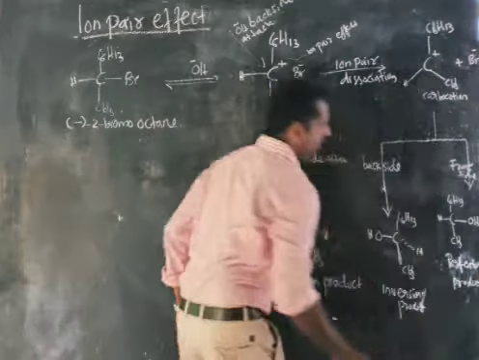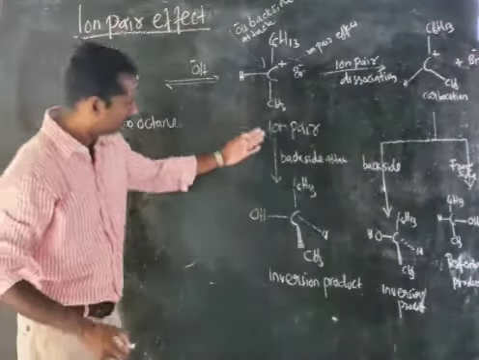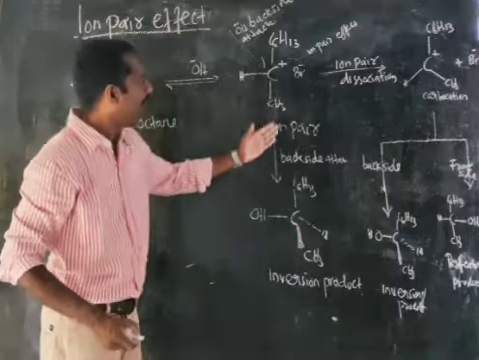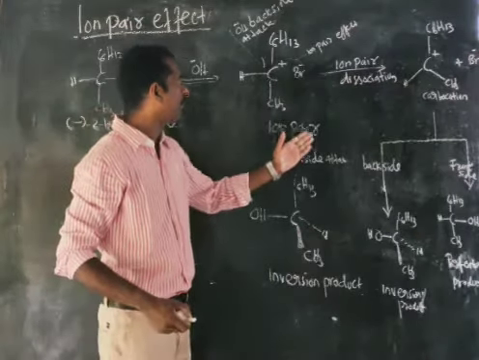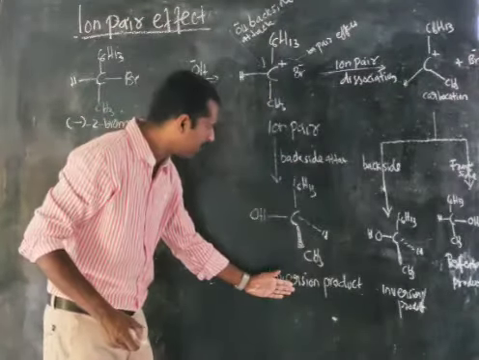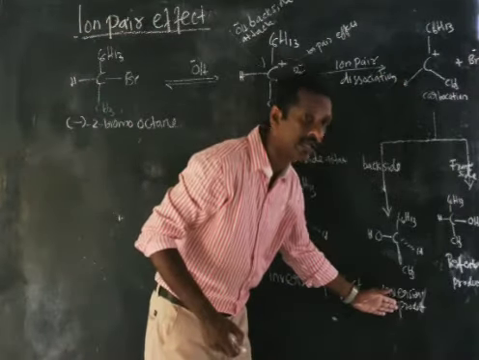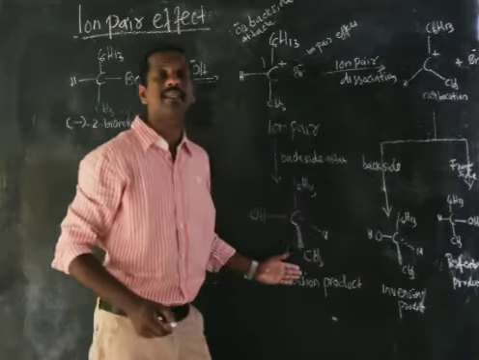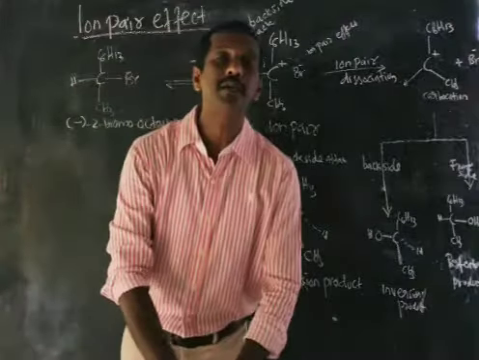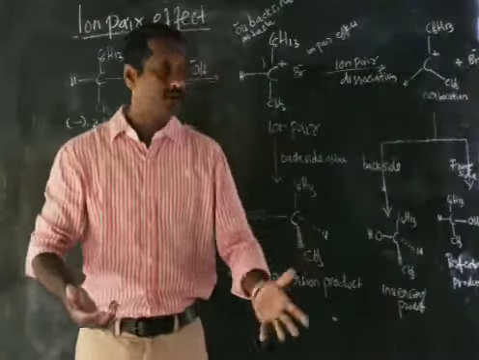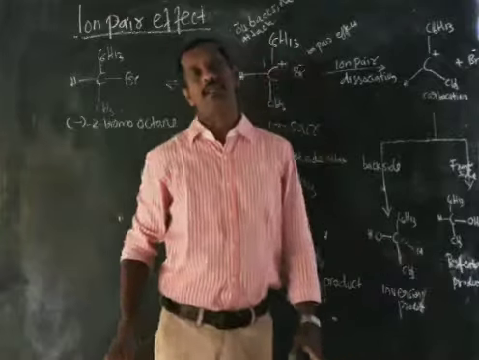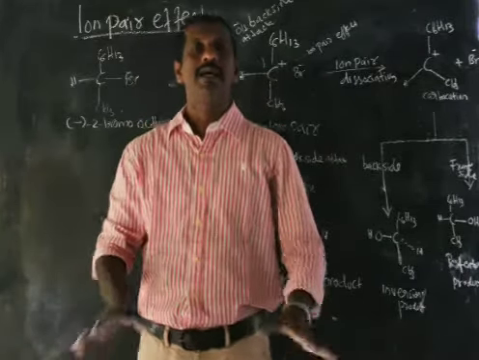Now you can see there is a possibility of the inversion product here also. While the ion pair mechanism is existing, you are getting the inversion product. After ion pair dissociation, again you are getting the inversion product. This is the reason why the inversion product predominates over the retention product. This mechanism is known as